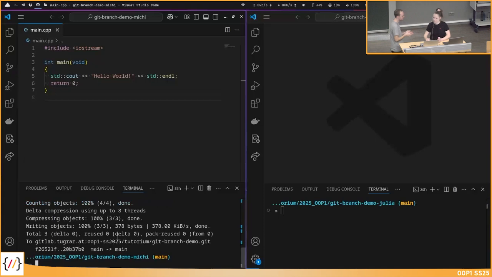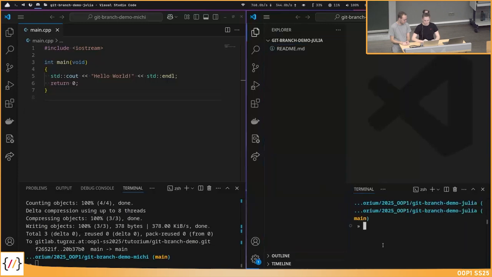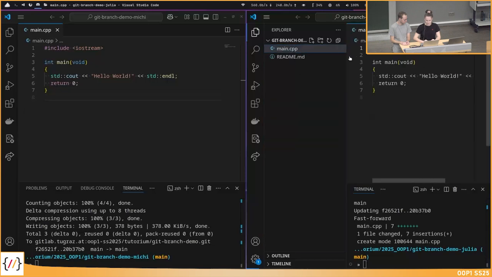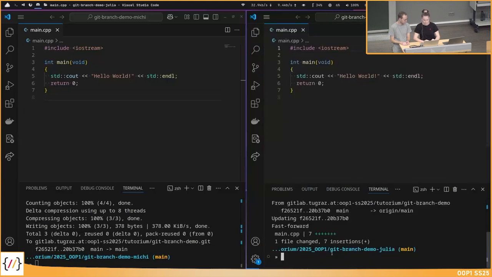So now how can you get the changes? Because we are both right now in the same branch. We didn't create anything yet. I am also on the main branch. Maybe I'll open the files here. And if I pull now, I can download these changes that are in my current branch. So I'm in the main branch, and I can see, okay, Michi created this file here, and I see everything he did. Maybe now you want to continue working a bit, and maybe you want to switch to another branch directly.